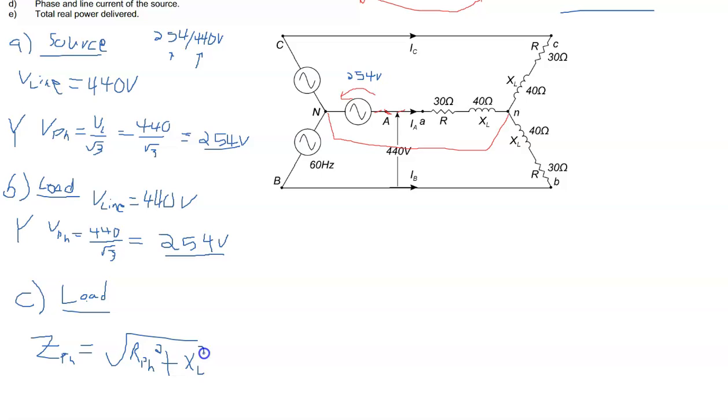And if you recall from, I suppose we call it trig, the 3, 4, and 5 triangle, the 30, 40, 50 triangle is the same, right? So 30 squared plus 40 squared, take the square root, gives you 50. And so Z phase